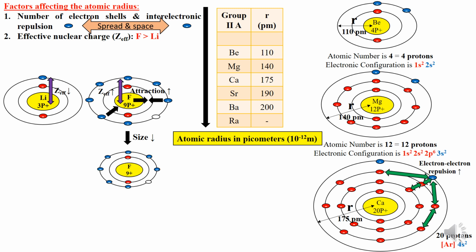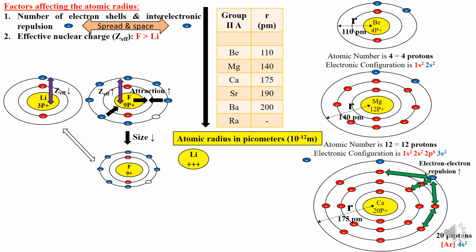And therefore, the effective nuclear charge is greater in case of fluorine as compared to lithium. As a result of the strong electrostatic force of attraction between the 9 protons in the nucleus of fluorine and the outermost valence electrons, the electrons are pulled closer to the nucleus,